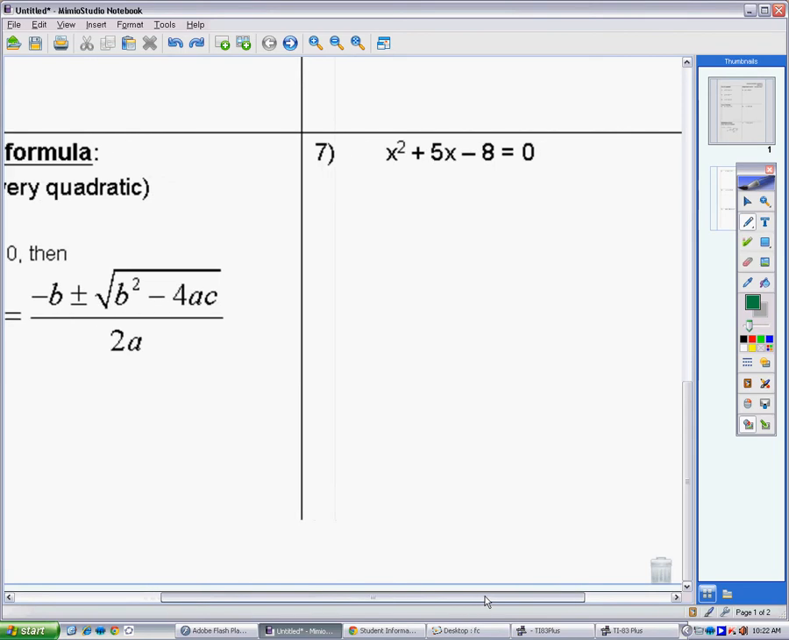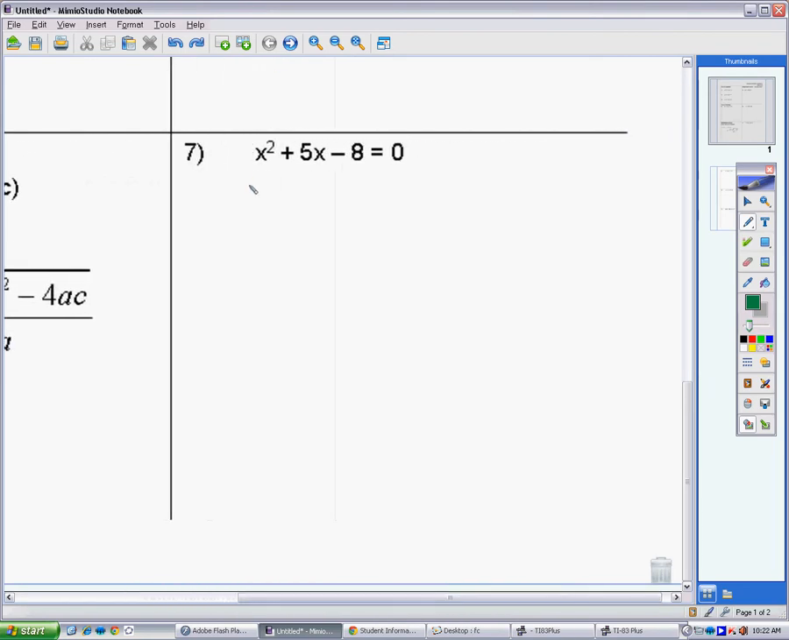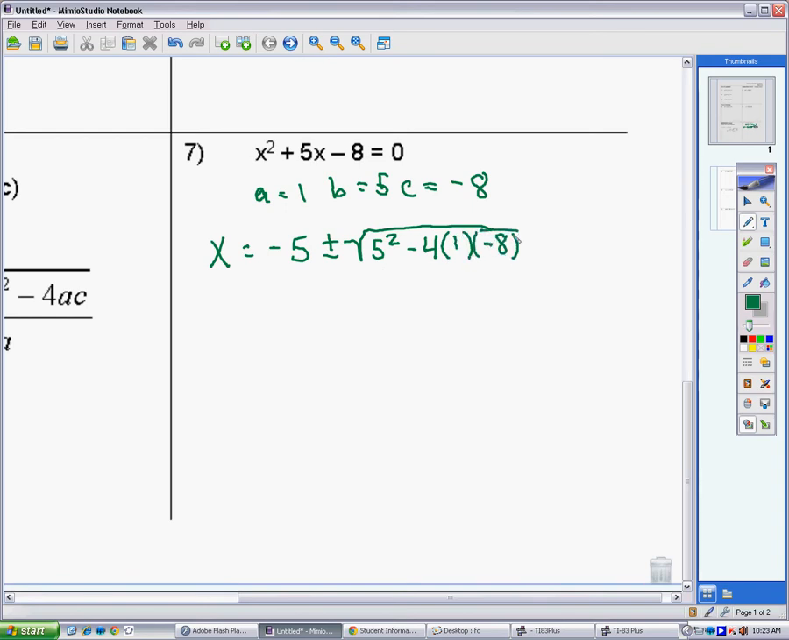So if I move over, I'm going to label A. A is equal to 1, B is equal to 5, and C is equal to negative 8. And then I'm going to plug those into the formula. X equals negative B, which would be negative 5, plus or minus the square root of B squared, which is 5 squared, minus 4, times 1, which is A, times negative 8, which is C, all over 2A, which is